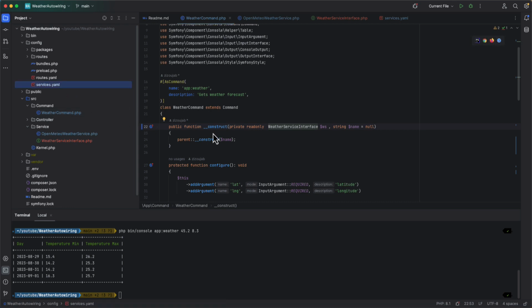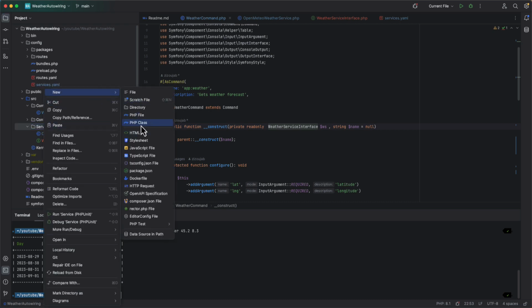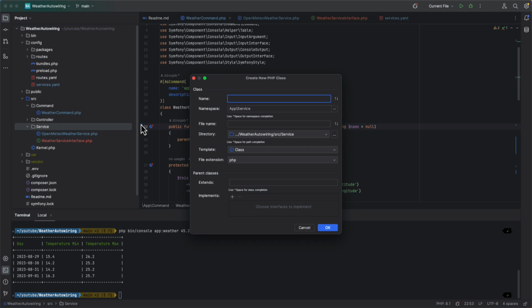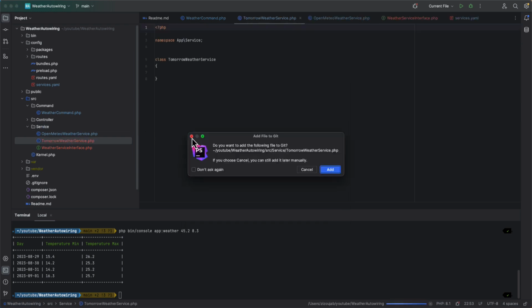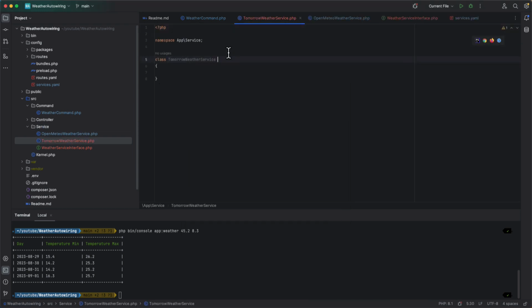Now let's move to the second case where we have multiple services implementing the same interface and retest our command to see what would be the reaction of Symfony and how we are going to autowire one of those two services. So in service, we are going to create a new class. It's going to be a PHP class. Let's name it TomorrowWeatherService, because we are going to request the tomorrow.io API, and we have to implement